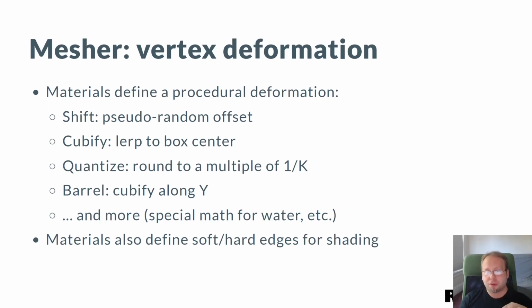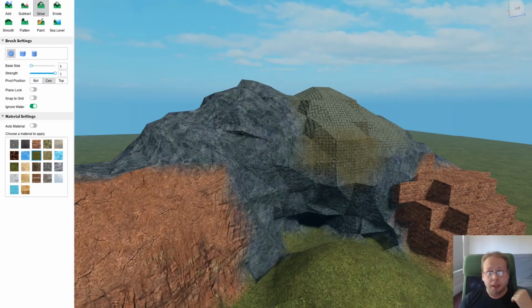Also, we use the material information to define normal blending. You can compute normals just based on the averages of the triangle normals, but then you usually have to have some sort of crease angle cutoff. In this case, though, we can say this material always has soft edges, or this material always has hard edges, and therefore needs to separate the triangle normals when averaging. This is an example of this in action.